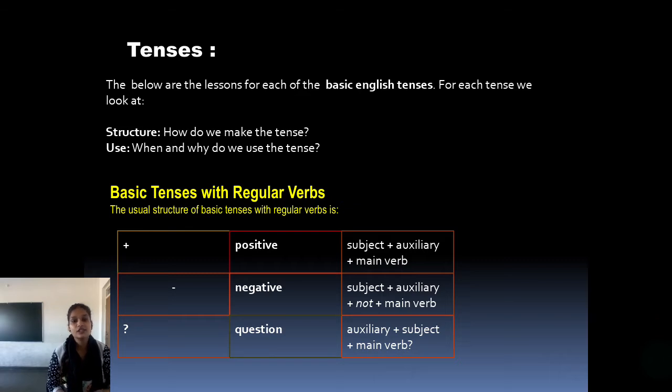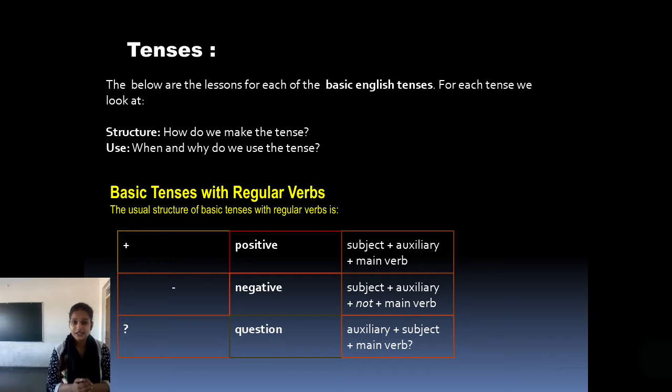In this, the subject is what and whom we are talking about in the sentence. It is mainly a noun or pronoun. Subject, then plus auxiliary. Auxiliary is am/are, has, have, was, were, etc. So we use it according to the different kinds of tenses. Then plus main verb, like the action we are doing at that time.